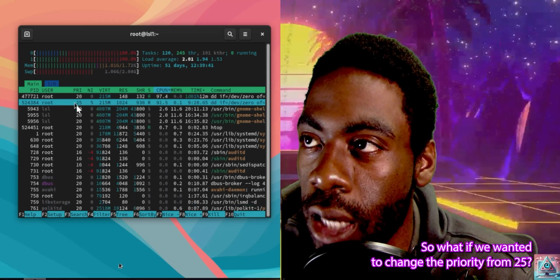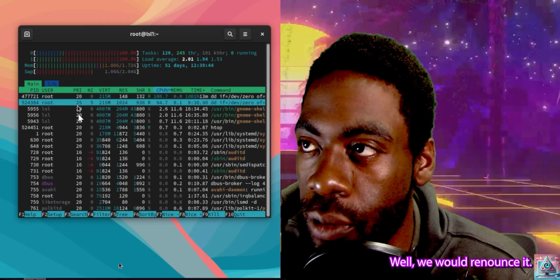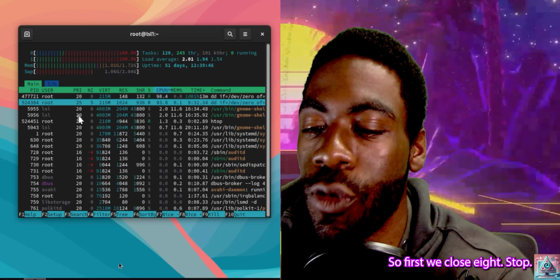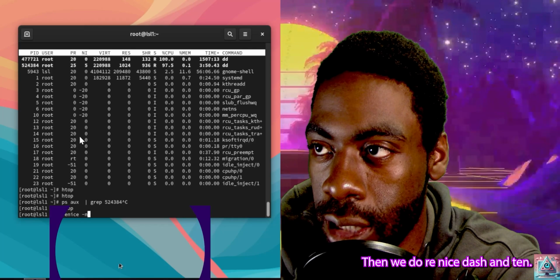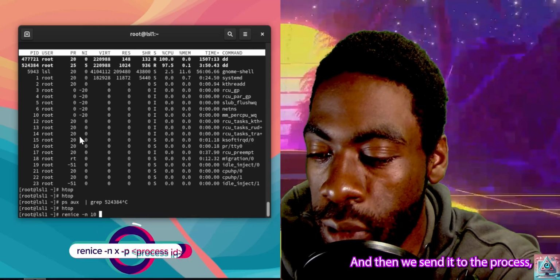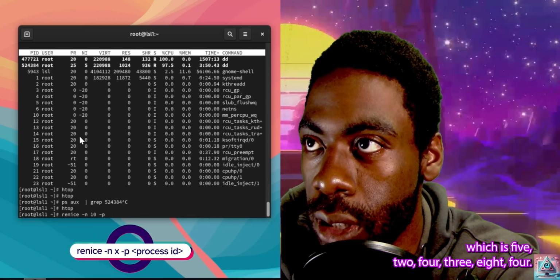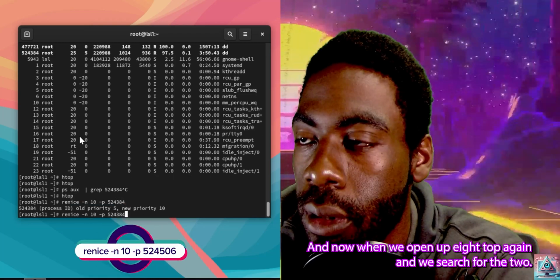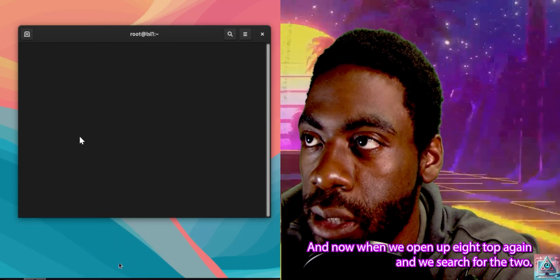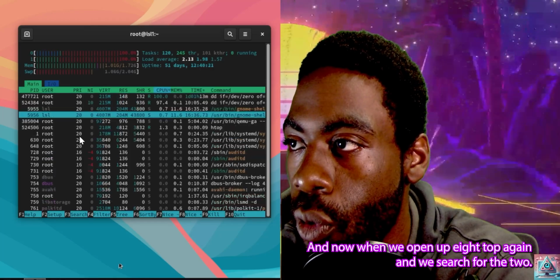So what if we wanted to change the priority from 25? Well, we would renice it. First we close htop, then we do renice -n 10, and then we send it to the process, which is 524384, right? And now when we open up htop again and we search for the